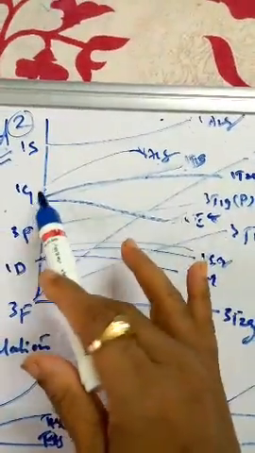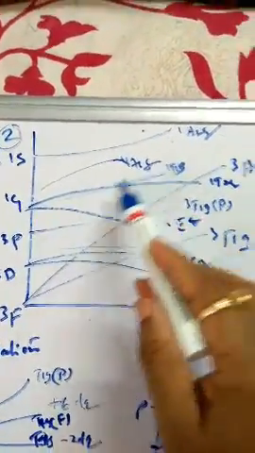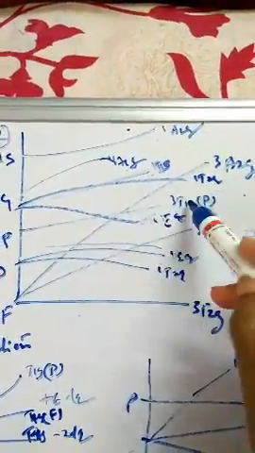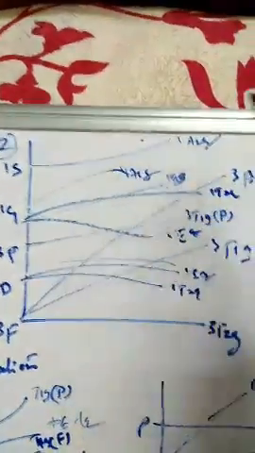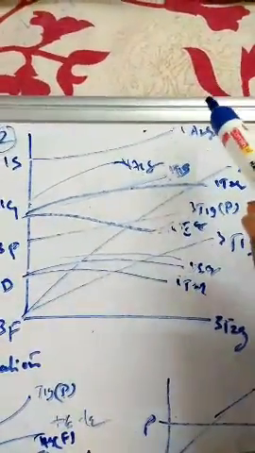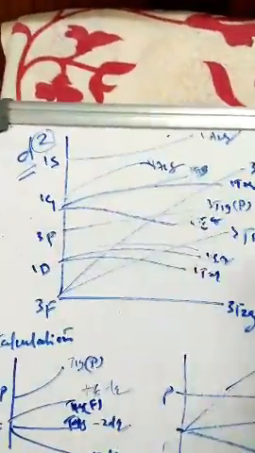Similarly, triplet P is going to split into triplet T1g. Singlet G is again going to split into four: singlet A1g, singlet T2g, singlet T1g, and singlet Eg. And singlet S will go to singlet A1g again, upper side, because singlet A1g is already there from singlet G, so it goes up. Okay, like this. So this is how the TS diagram representation is for the d2 system.